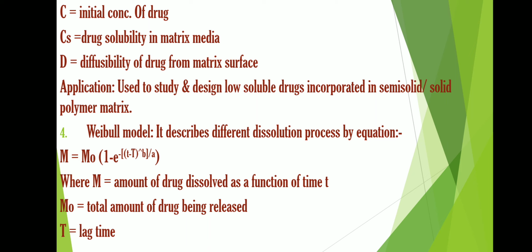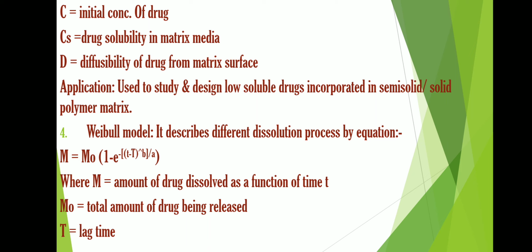Like you have taken a 500 mg paracetamol tablet. So the tablet is the dosage form, and the time which is taken by the paracetamol drug to come out of the tablet or release out of the tablet will be the lag time. So capital T is the lag time for releasing of the drug from any kind of dosage form in which it is being loaded, and M naught will be the total amount of the drug that is available, and M is the